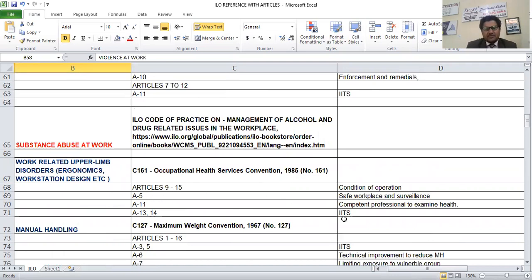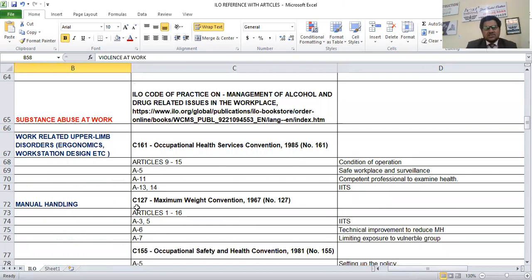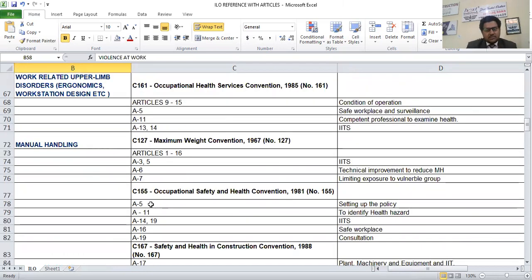So Article 9 and 15 is condition of the operation. A5 says workplace and surveillance. A11 is company and professional exam. So manual handling is C127, but exactly the article or number you have to describe, like technical improvement of reduce and limiting exposure to